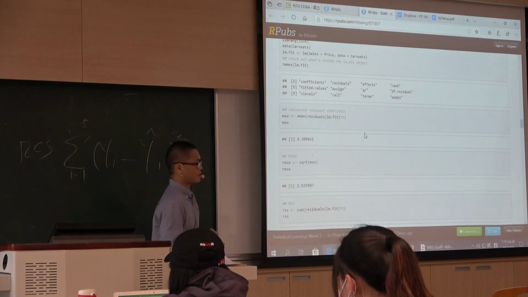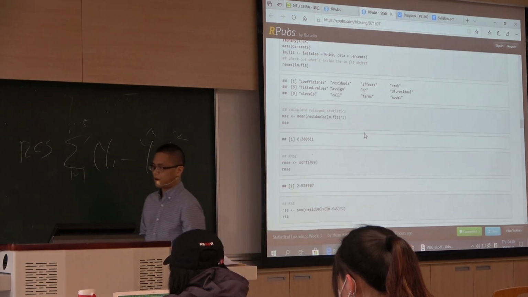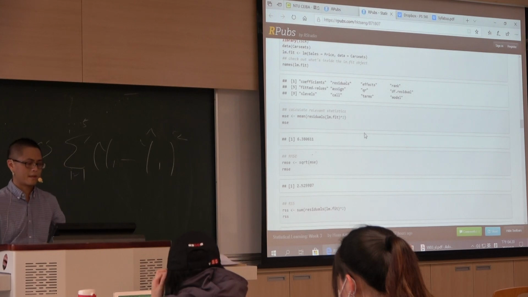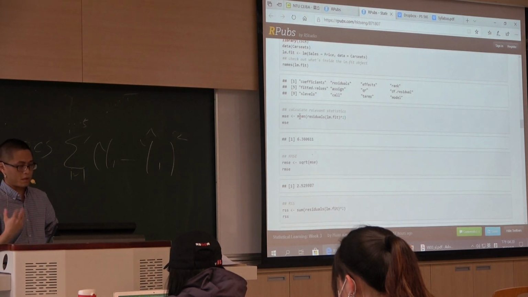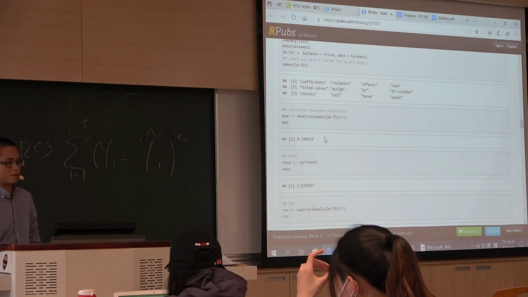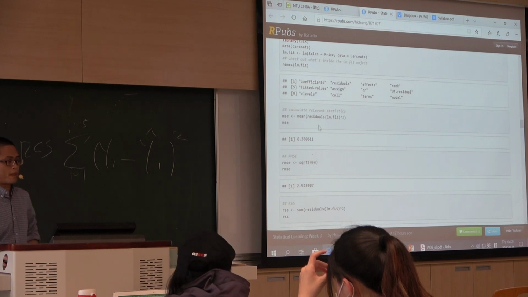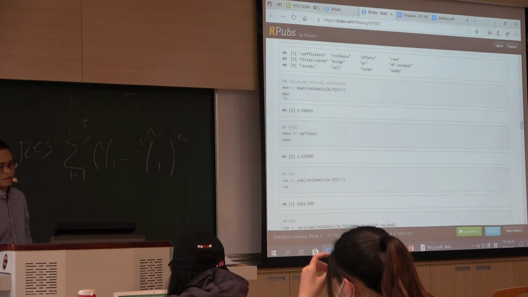So I can calculate summary statistics from this, or simply by using some base R functions, for example, residual means, right? You can use those functions to do really simple numerical calculations. So in order to calculate mean squared error, the first thing you want to do is simply to get the error, or AKA the residuals. So we simply type residuals from this model, your model output. Then the residual sum of squares, right? So I square that, and since the mean squared error is the average, you really take the mean of it. And that's it, right? And root mean square